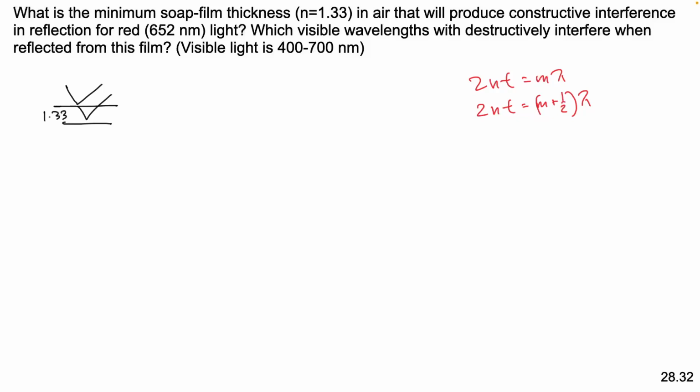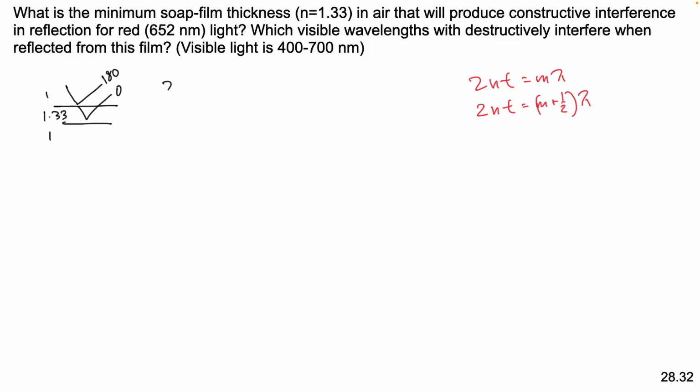Okay, this film is in air. So what is on the top and bottom of the film? 1. Okay, so you're setting up the structure, right? And now what are you going to do? Your phase shifts. What's the top reflection's phase shift? How'd you do that? Went from 1 to 1.33. Okay, what's the phase shift at the bottom one? 0. Okay, so